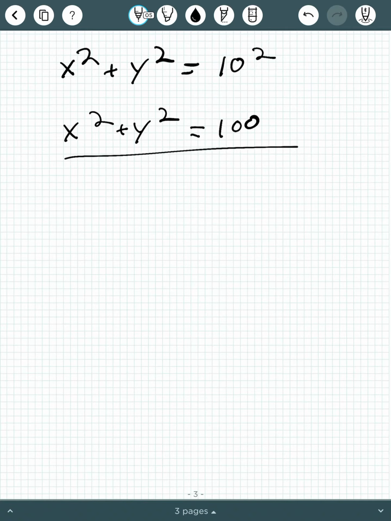Where circles get a little bit more challenging, let's go to a whole fresh new page. They'll get a little more challenging if that circle's not centered at the origin anymore. So if I draw, well, let's draw the circle first. If I draw a new circle,